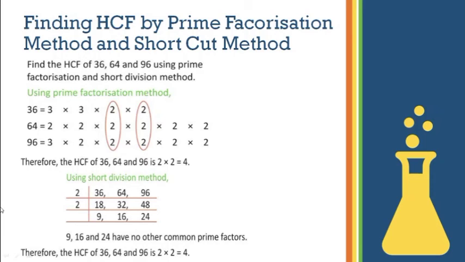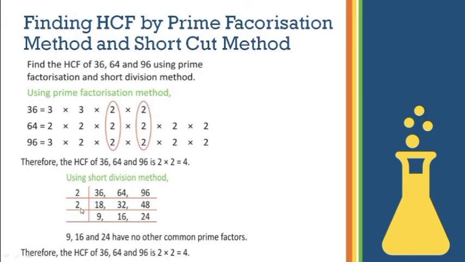9 will be coming only in the 3 table, 24 will be coming in the 3 table but 16 doesn't come, so we can't take 3 as the next common prime factor because it is common for only two numbers, but we have to use the rule for finding what is common for all the three numbers. In 4, if we apply, it will work for 16 and 24 but 9 is not coming. So this way we find none of the numbers is there. So leave the condition here only.